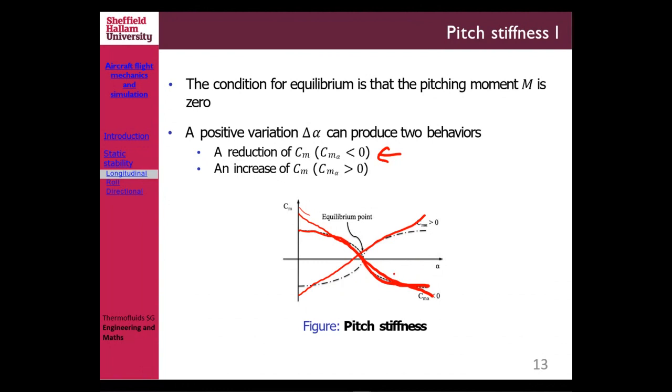Now how good or how stiff your pitch stability, or longitudinal stability, is obviously relates to the slope there. So your slope could be like that, it could be like that, it could be even more stiff like that. The stiffer the slope, the stiffer your longitudinal stability is. So you could then relate how fast it tends to put your nose back down. If your aircraft is less stiff, obviously it will have a sluggish movement to put your aircraft back down,